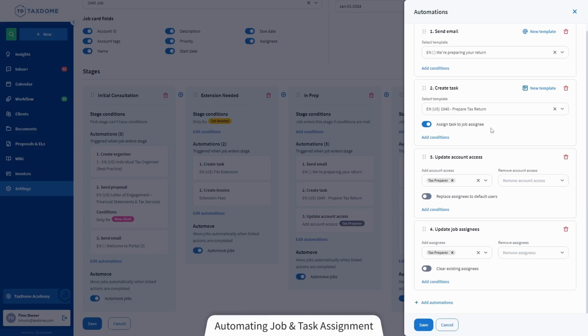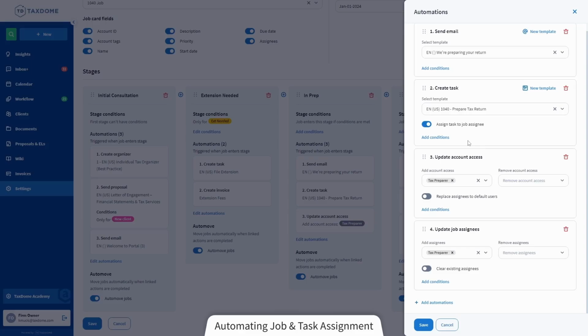So if you think back to the fact that you also have an automation for changing the job assignee, you can likely already tell that you can pair these two up throughout your pipeline, and that way have the job assignee be responsible for the task without needing to do any manual reassignments. You can automate the whole thing. Now there's also one more way you can use this: conditional automations. If you remember, you can use them to trigger different automations depending on what tags your clients have. So if your clients had tags to indicate who from your team is handling them,